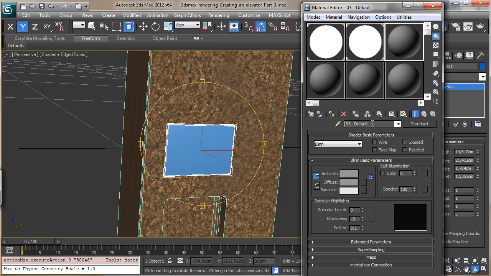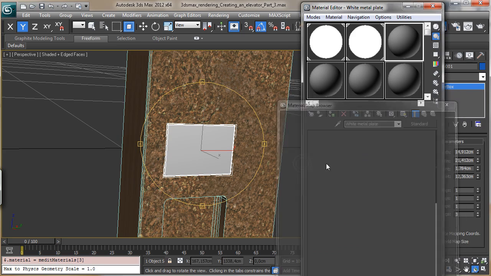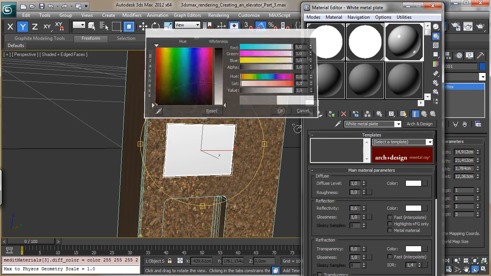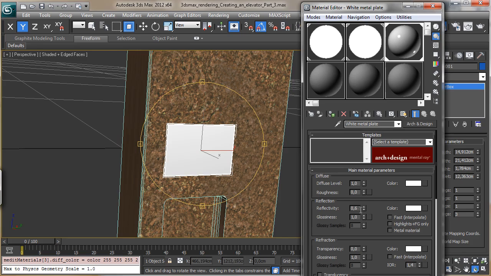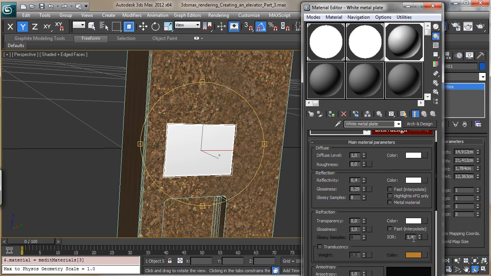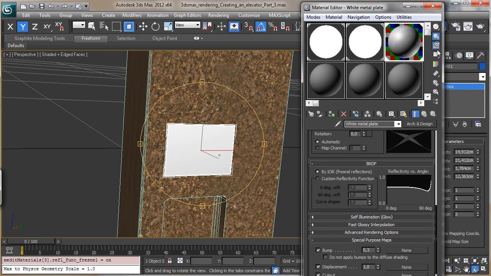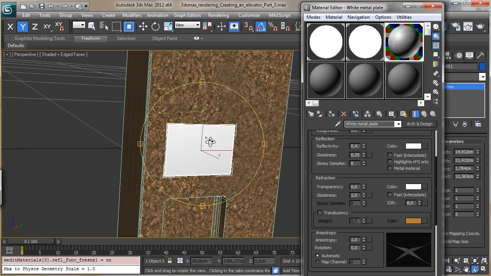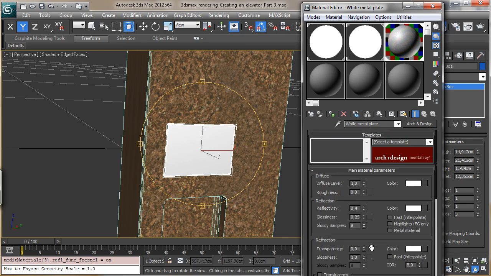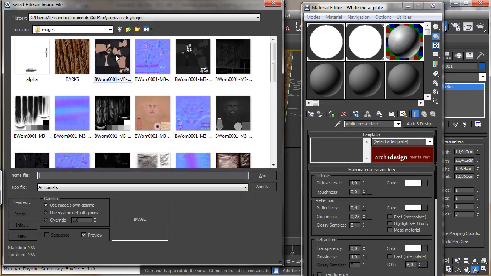And this one can have a simple shader. We can create a white metal plate, we can assign it and use an Arch & Design, and it will be white, but we have to add something there. Let's say that we have 0.3 and really 0.4 and a really heavy glossiness, and we can have maybe 8 for the highlights and set the reflection to highlights. So this will be our reflection, and I like to add something there, maybe we can add the logo for